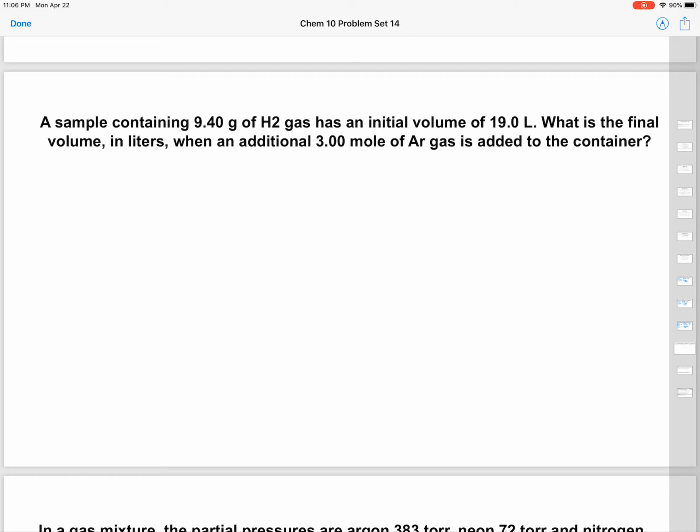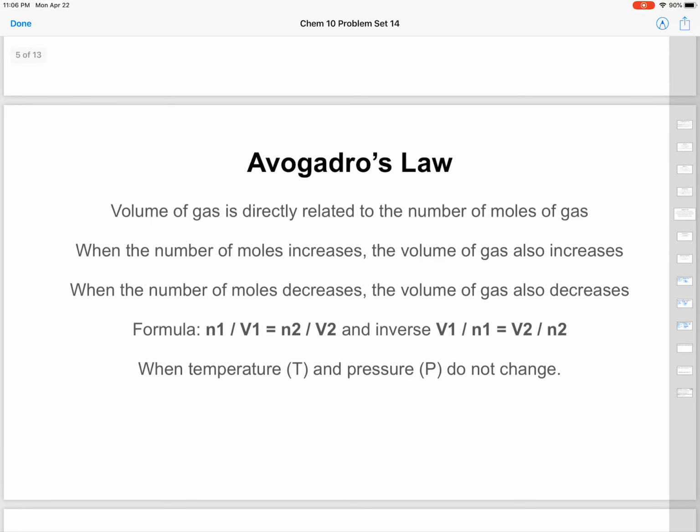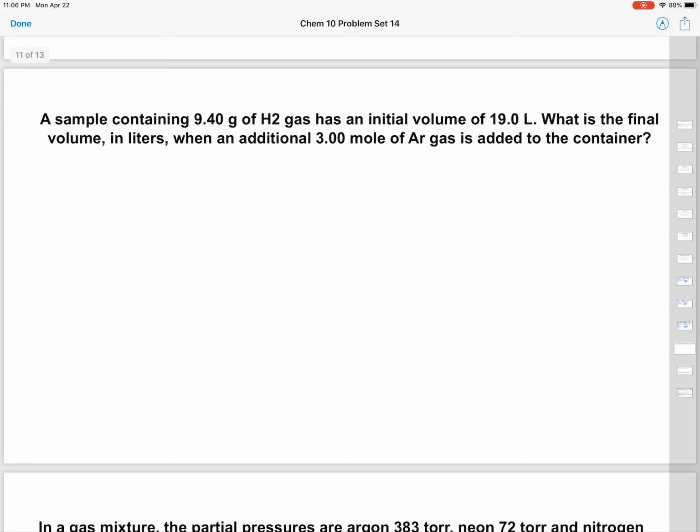If you go back to your laws and see which one relates those two, you should come up with Avogadro's law, which tells us that the volume of gas is directly related to the number of moles of gas. And our formula is n1 over V1 equals n2 over V2, and you can use the inverse of that as well, and that is when temperature and pressure do not change. Okay, so let's go ahead and find our values here. Our initial volume that we're starting out with is 19.0 liters,